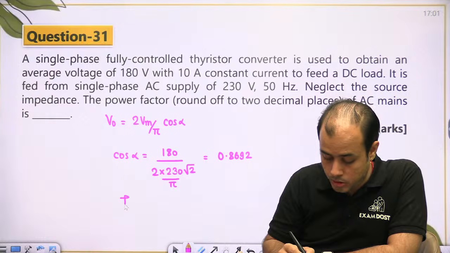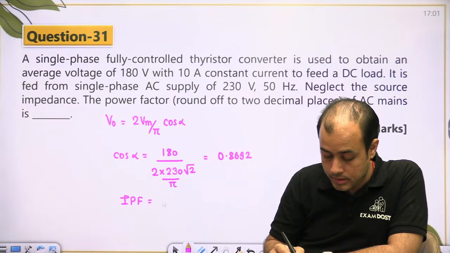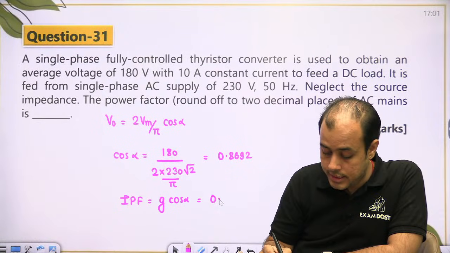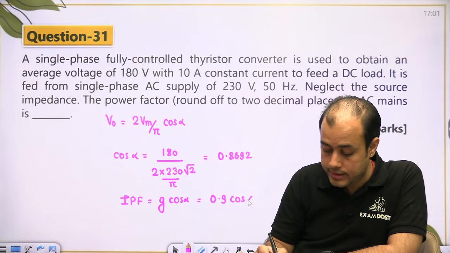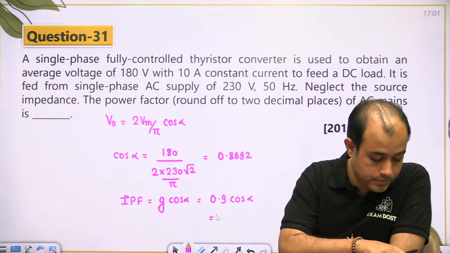Okay, input power factor is G cos alpha. G for a single phase rectifier is 0.9,